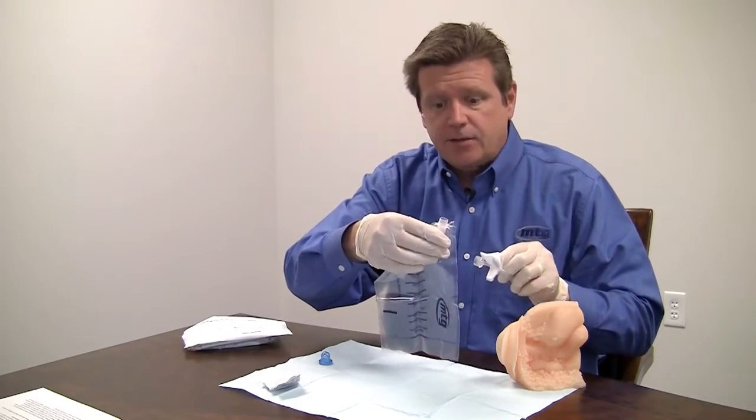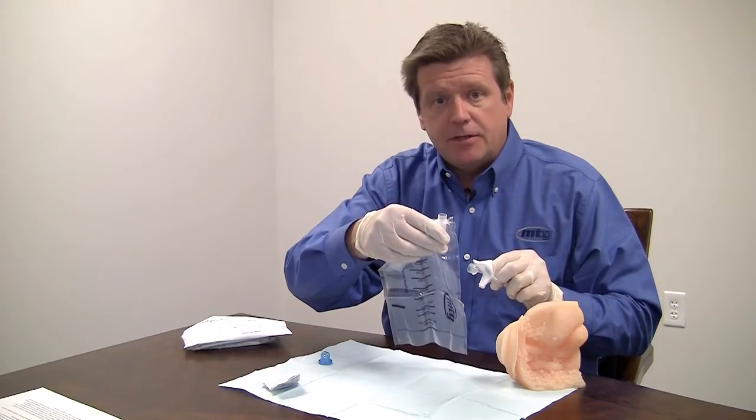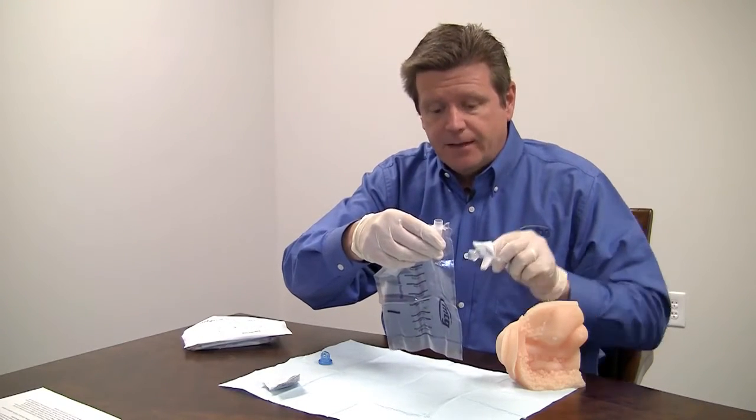If I'm in a hurry, I can tear the bag. There's a little perforation on the other side which allows you to tear the bag and empty the urine more quickly. And then finally, when I'm finished,